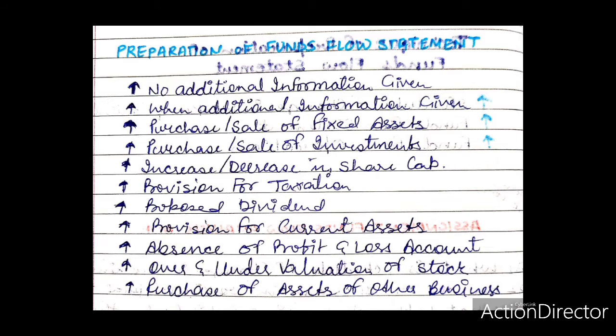Sometimes the fixed assets are shown at written down value after deducting depreciation in the balance sheet, and the balance of accumulated depreciation is given in additional information provided. In such case, the opening and closing balance in the respective fixed assets account will be the total amount of book value shown in the balance sheet plus balance of accumulated depreciation provided in additional information.